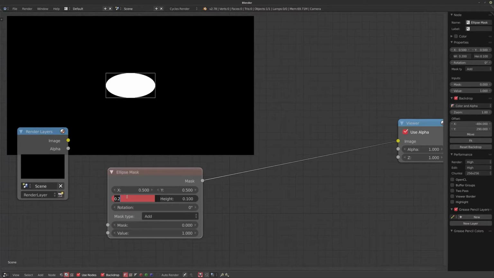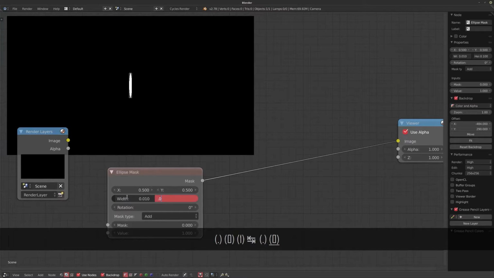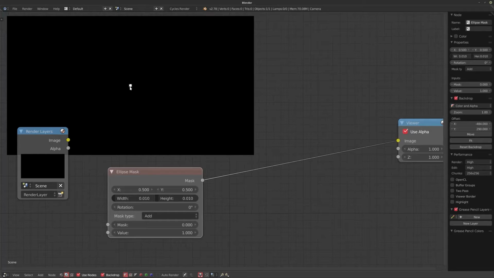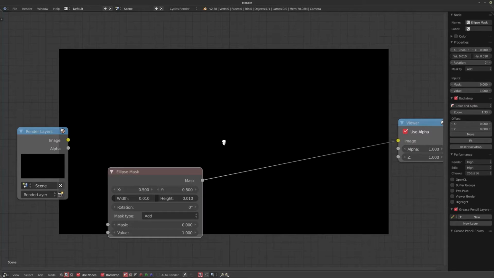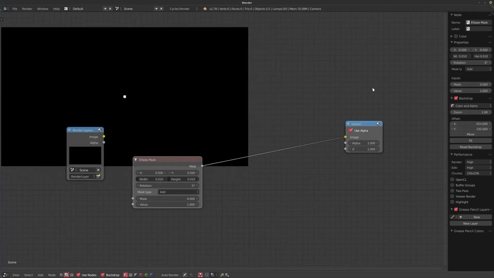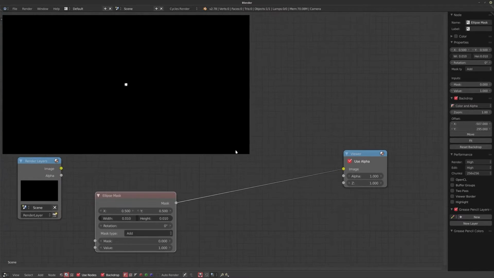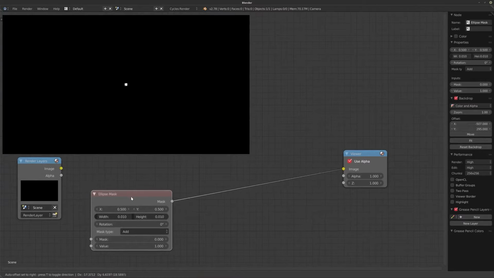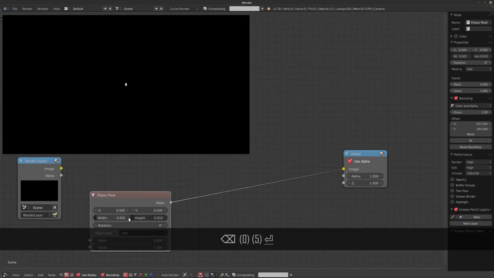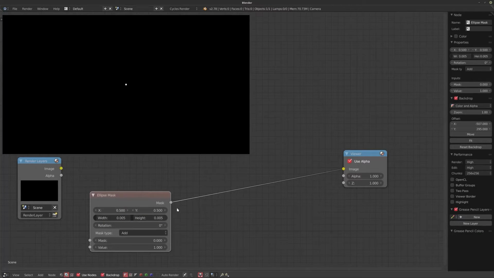So first thing I usually do is I start with a very small mask. So I have a nice tiny dot in the middle of my image, and if it's not very visible, hopefully you can see it. Let's see if I can fit here and make it a little bit bigger. So we've got a tiny white dot here in the middle. So I'm going to zoom out back to its original size, move it over into the corner. We have this little ellipse mask in the middle. You can make it even smaller if you wanted to. And now we can get started.